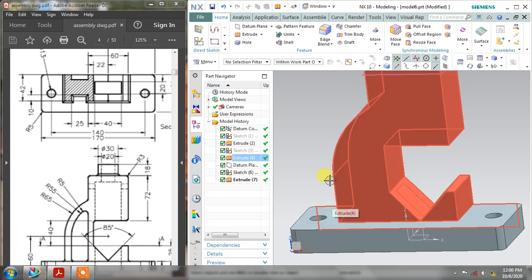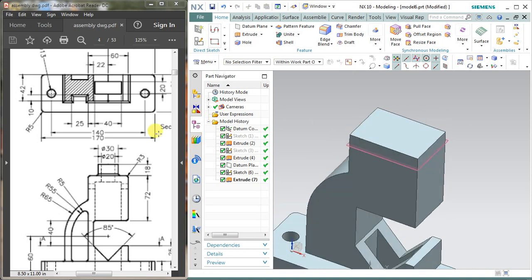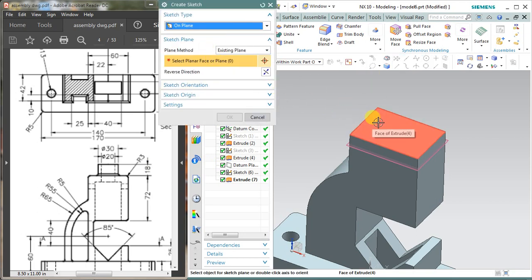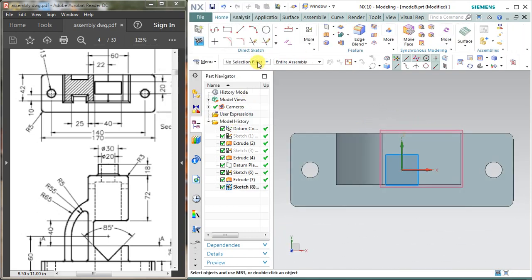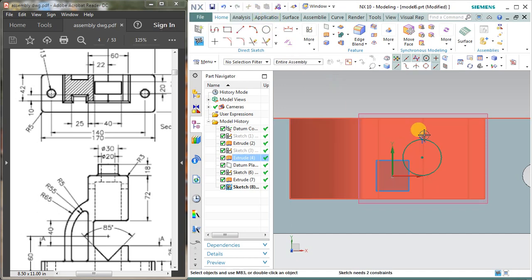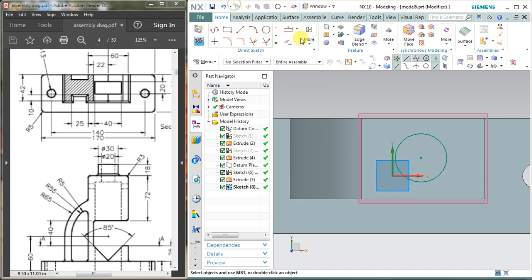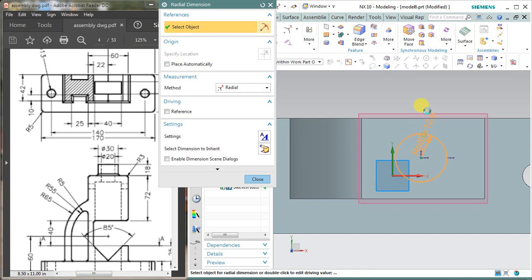Now I have to connect my charger, so wait for a minute. And the next thing is, there is a cylinder of 30 mm diameter and 18 extrude is here. So for this I am going to select the rectangle sketch again, select this top face and OK. Draw a circle by deactivating this, and again circle. I think it got tangent with something, so just right click and delete it, undo it, select circle. Okay, now it is okay. It is 30 mm diameter, so I am assigning 15 mm radius.